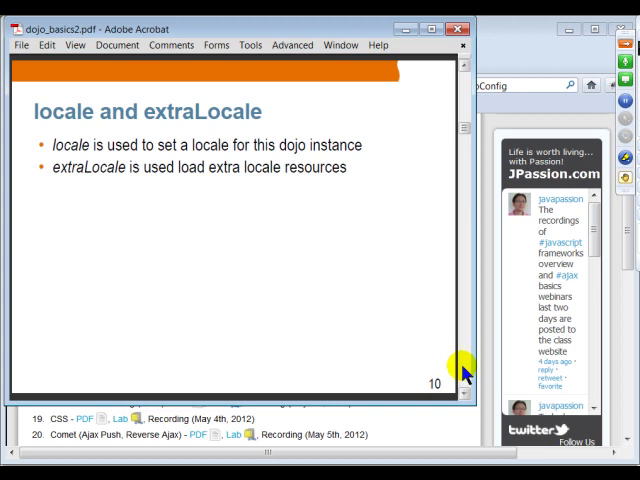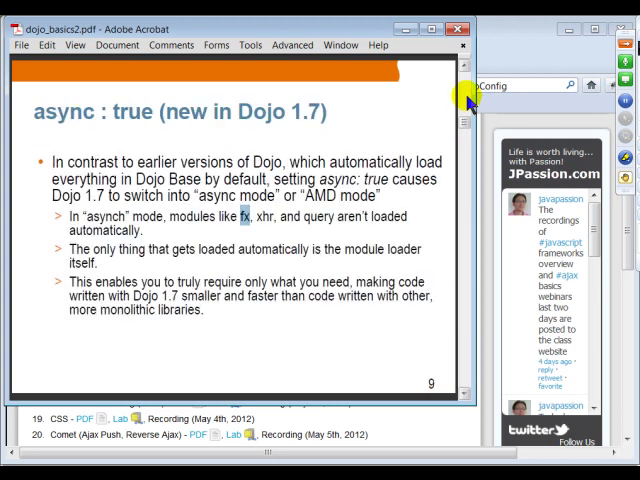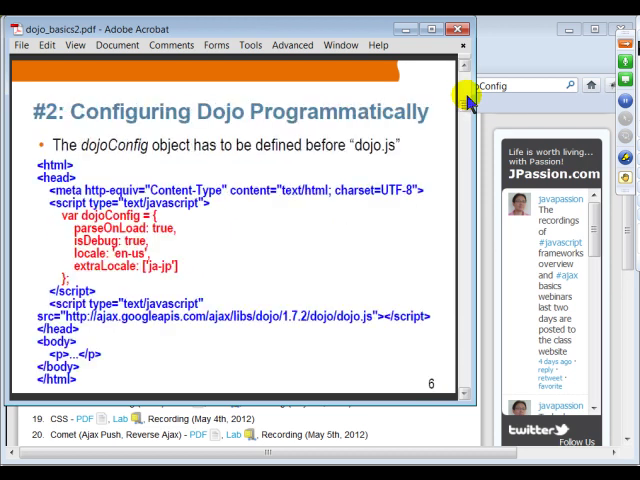Question: which is the recommended way, programmatic or declarative? Either one is fine. There is not that much difference. By the way, one thing I want to make sure I said: when you're